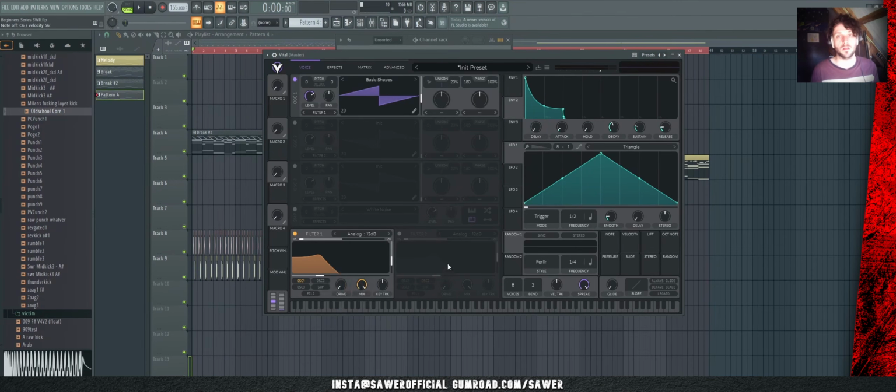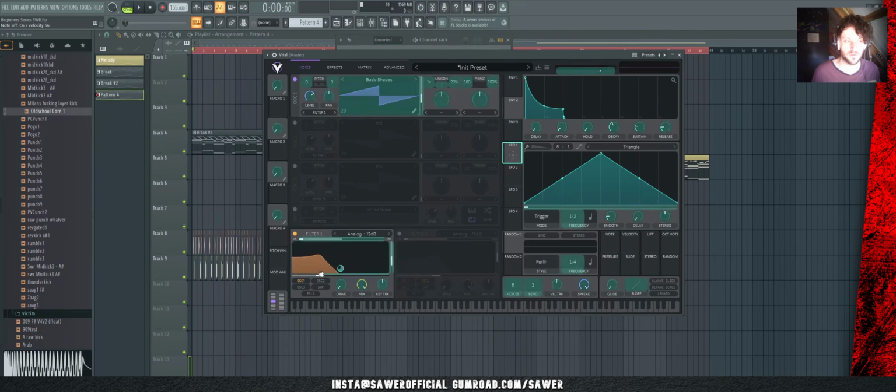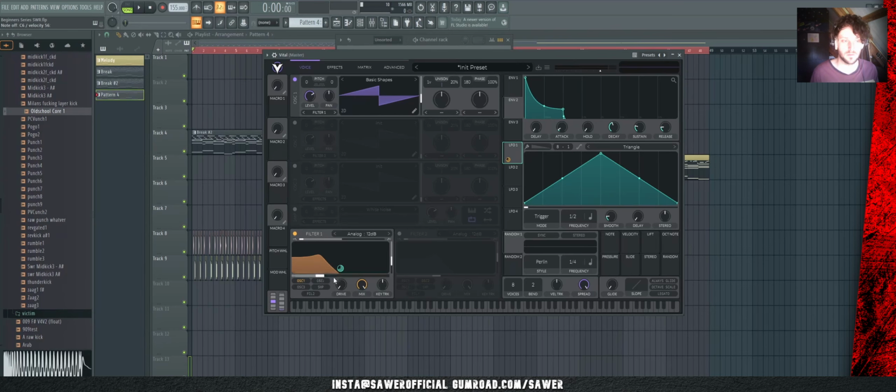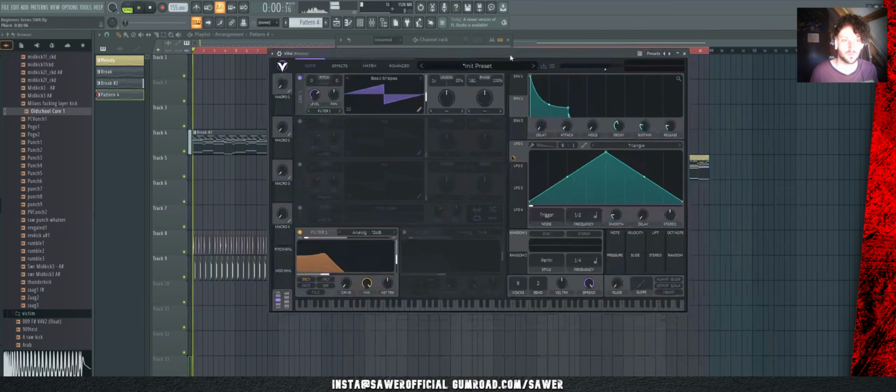And LFOs are a lot like envelopes, but with one major difference. They repeat on a certain frequency. So in this case, for example, LFO1 repeats on a half beat kind of frequency. So if I drag this LFO to the same cutoff filter right there, and I'm going to turn this to roughly the same range. And if I now start playing the chords,